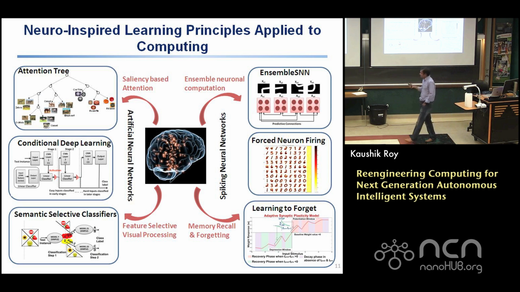Now, I'm not, again, going to go into any details of it, but just wanted to tell you that in our research group, and in fact, one of my graduate students, Priya, is here, and it's actually a slide of the work that she worked on. The things that we've been looking at on one side, if you look at the left side of it, we've been looking at different kinds of recognition problems, which are implemented in this particular case using these deep learning kind of concepts, okay? With modifications to the deep learning concept. And as I mentioned earlier, that's not quite like what the biology does. They don't have the spiking neurons.